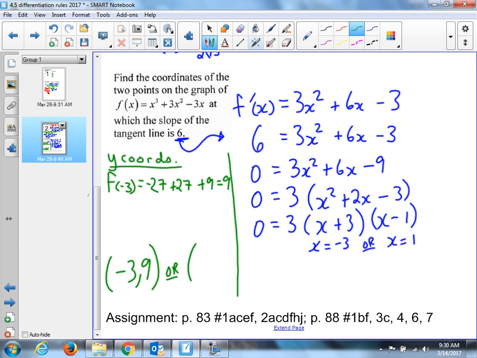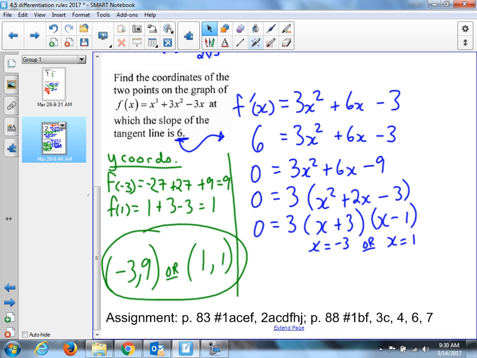Or the other answer? Well, it's going to be x equals 1. Well, we'll figure out the rest of this. What's f of 1? The y coordinate, when x equals 1. 1 plus 3 minus 3. 1 comma 1. This answers my problem. Okay? So if you stop short of here, I'll give you 4 or 5 or something like that, right? If I specifically asked for points. If I didn't ask for points, you'd stop there. Now, I'm going to pause the video and ask you guys